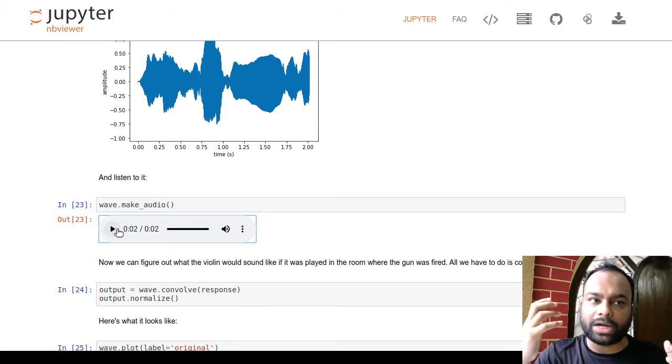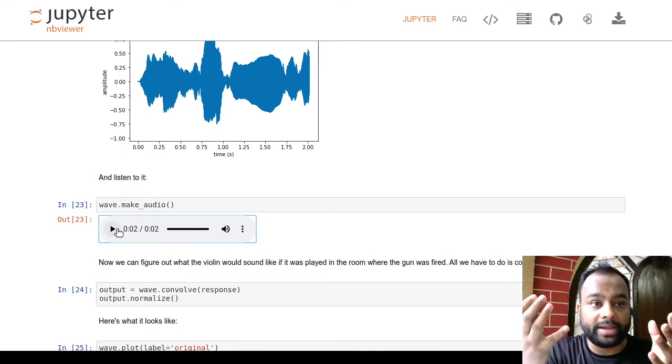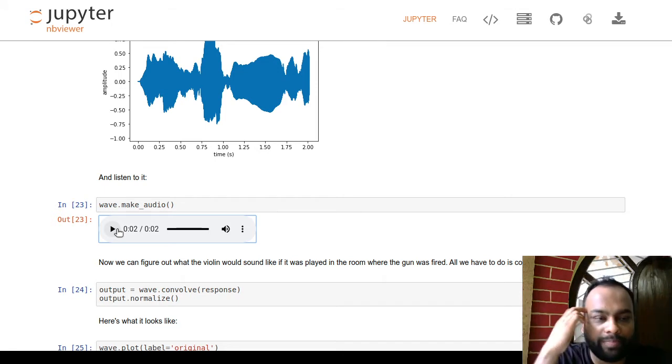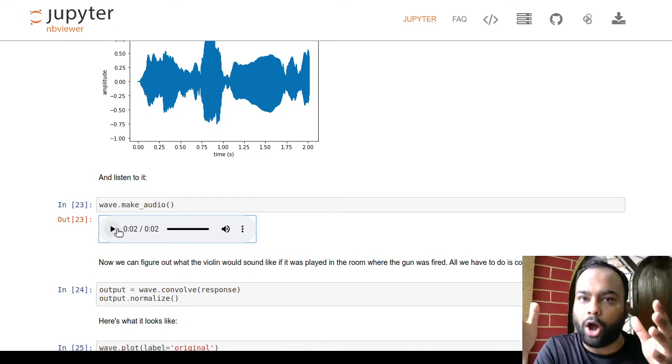This clearly sounds like a violin played in a normal room, right? Not in an empty hallway. Because you might already have heard how things sound in an empty hallway. If you play something in an empty hallway, things feel echoey, there will be lots of echo, because it's an empty hallway after all. But the music you are listening to here is not played in an empty hallway.